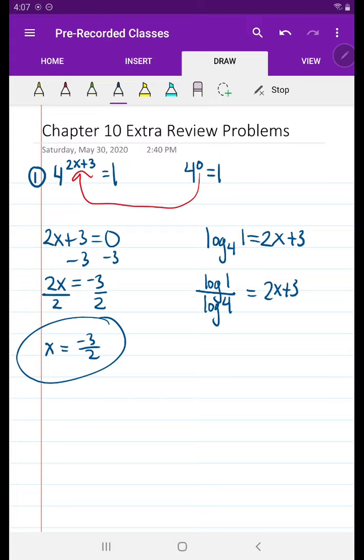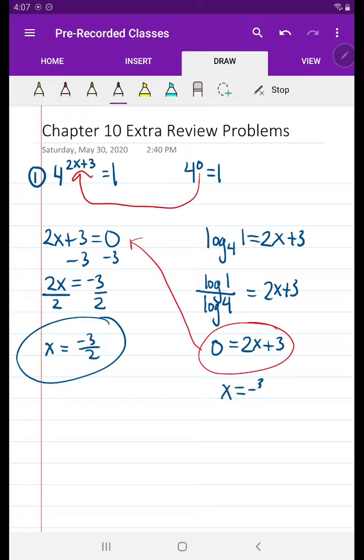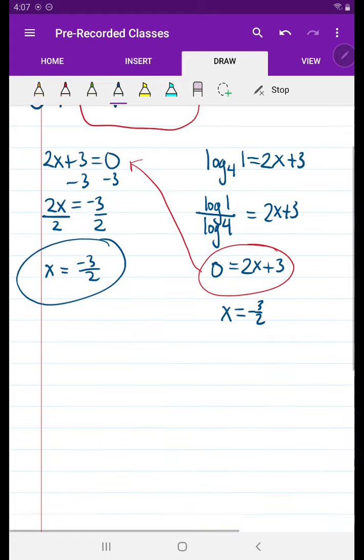And if you punch that into your calculator, you're going to get 0. And so 0 is 2x plus 3. And then you are back up here, and then you just solve that. And again, you run through the whole thing, and you get x equals negative 3 over 2. So that's number 1. For number 2,